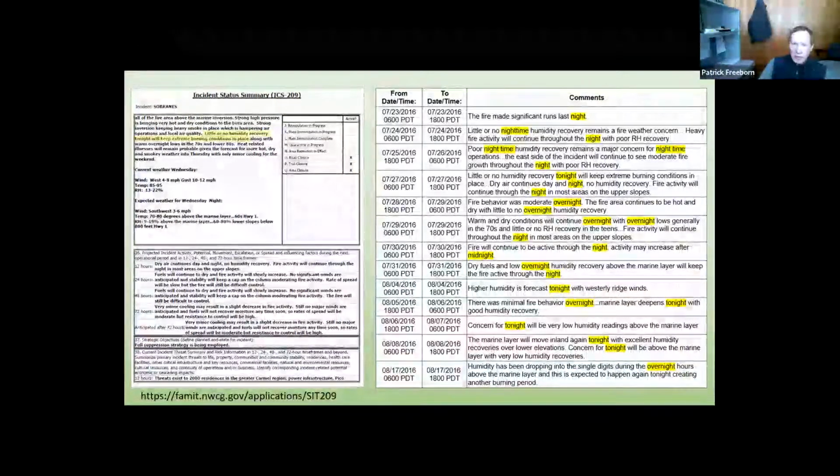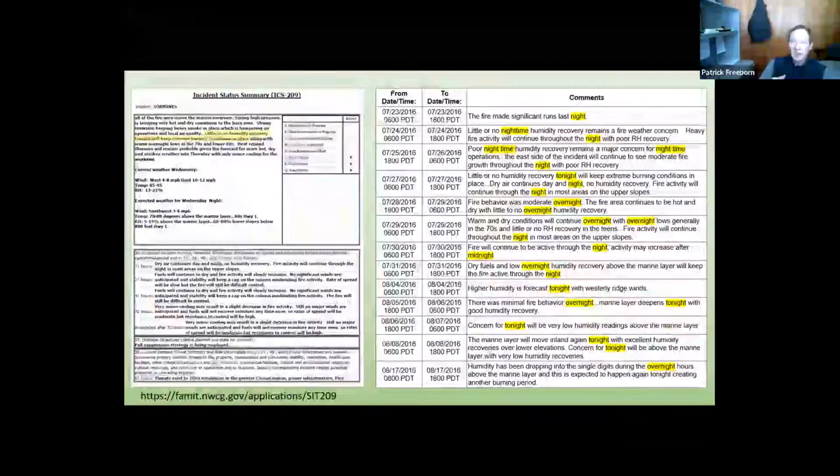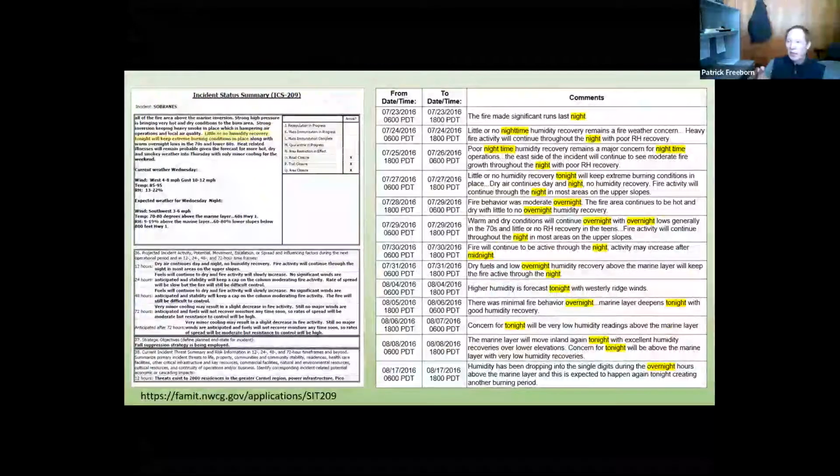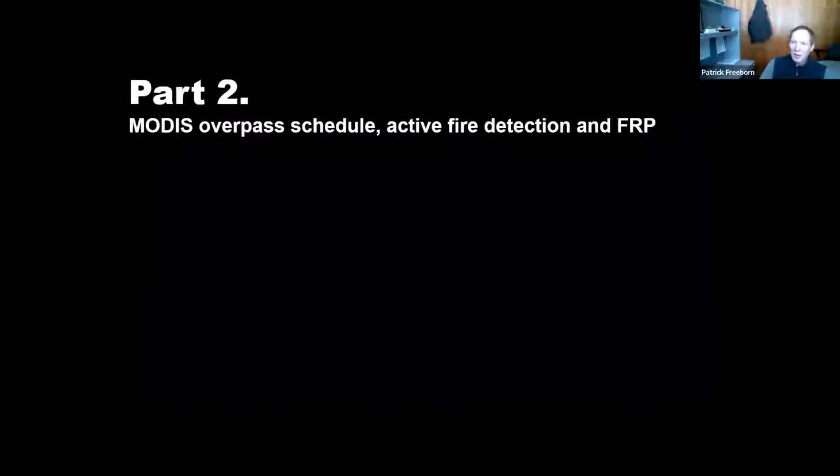This is practical for a single fire, when you have the time to carefully read the comments and make sure you're interpreting them in the correct context. But this really isn't practical if you're talking about hundreds or thousands of wildfires.